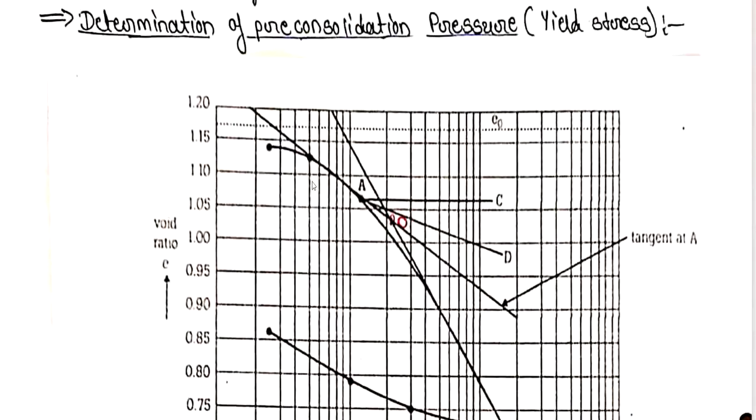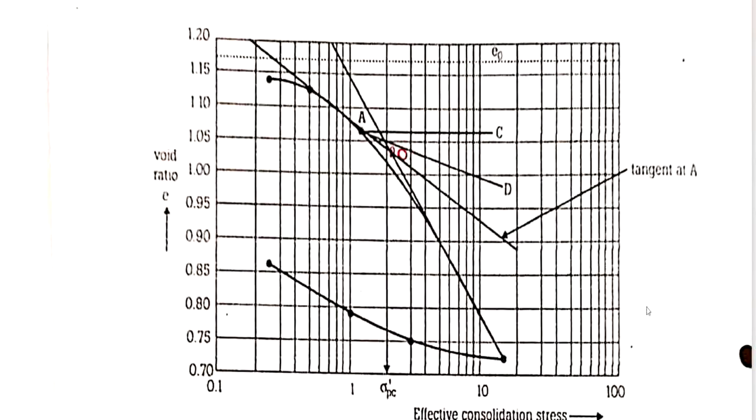It is very simple. I will just explain it once again by using this figure. We have to perform the odometer test. In the odometer test, we apply the stress in certain increments, that is 5, 10, 20, 40, 80, 160, 340 and finally 680. With those increments we apply the loading, and for that loading we mark the void ratio and effective consolidation stress. After achieving the peak load, we reduce the load to 1/4 and mark the swelling.